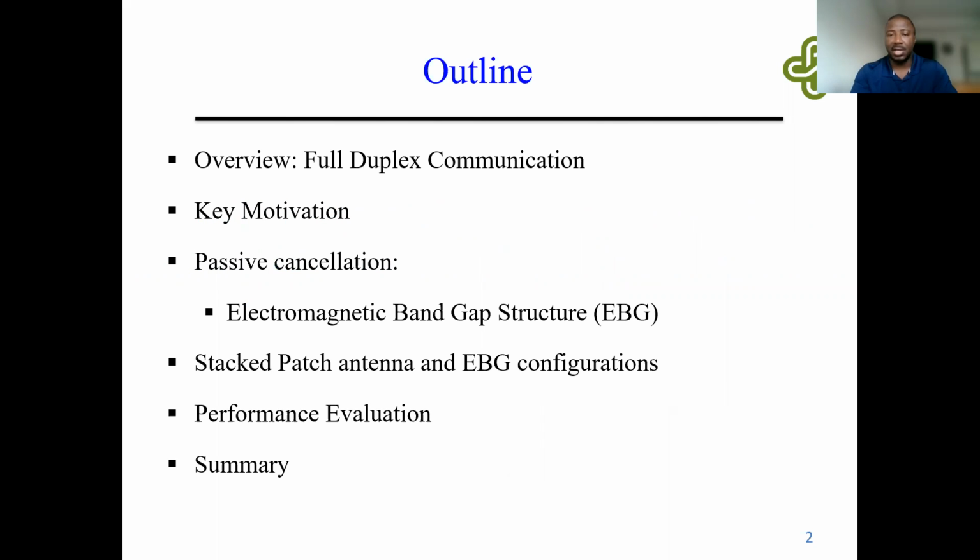The outline of this presentation would cover an overview of full duplex communication. I'll take a minute to share with you the key motivation of this work, following which I will talk about passive self-interference cancellation technique for full duplex wireless communication, which is the main area of this research. In discussing passive cancellation technique, I will delve into what electromagnetic band gap structures are and their implementation in this